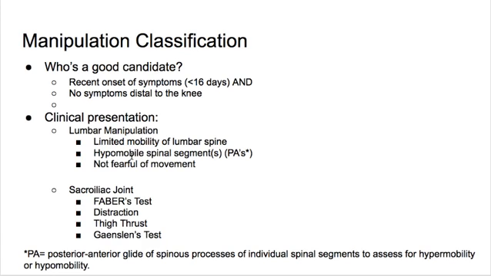They're just looking for some help to get moving. That's the case where a manipulation is going to really work, especially the lumbar spine. And then if the signs are instead focused on the sacroiliac joint, where you have things like a positive Faber's test, a positive distraction test, a thigh thrust test, or Gaenslen's test, those things would indicate a sacroiliac joint manipulation would be indicated. So selecting who manipulation is appropriate for is important first, and then where to do it, either lumbar or sacroiliac